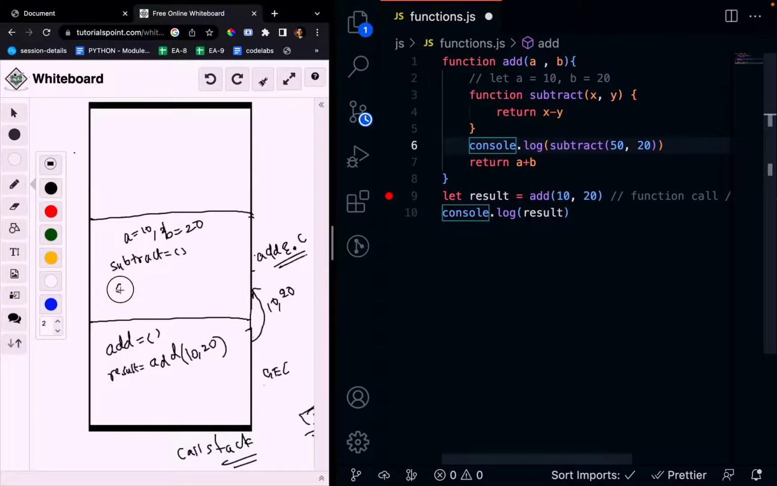So at line number 6, that's also inside this context only, we are logging the invocation of subtract by passing 50 and 20. And just look, this is the invocation of the function, right? So here we are invoking the subtract function by passing 50 and 20. So I told you, whenever we invoke a function, what will happen? A brand new context gets created, and that context will take the arguments that we passed. So 50 and 20 will be taken by the new context that will get created, and the context name is